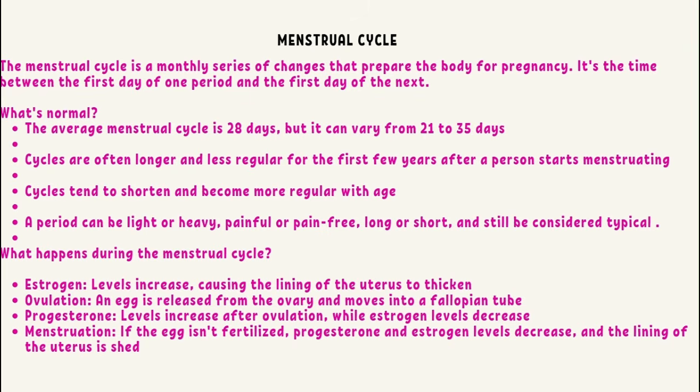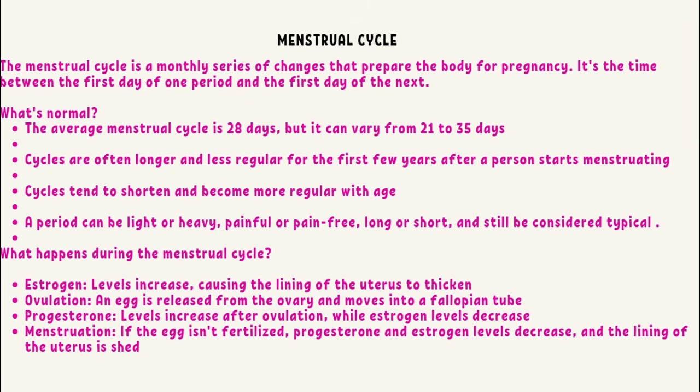So what happens during the menstrual cycle? Once you're talking about the menstrual cycle, two very important hormones you have to talk about are estrogen and progesterone. When estrogen levels increase, they cause the lining of the uterus to thicken, right? So the uterus lining is going to thicken, and then at ovulation, the egg is released from the ovary and moves into the fallopian tube. So now what the body is expecting at this point is, oh, I'm going to get an egg and the egg will implant and you'll get pregnant. But